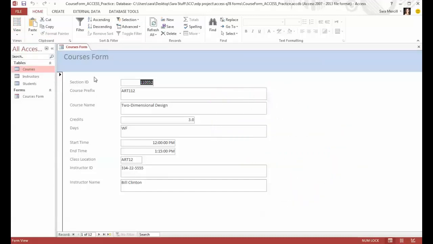We can see that this form is based on the courses table. And just like when you have a table open, down here at the bottom of the screen you'll see your record navigation pane. So I can use this tool exactly as I use it with tables to add a new record. I'm going to go ahead and click the New Blank Record button, and then I can just start filling in information about a course. So we'll just go ahead and pick a section ID,